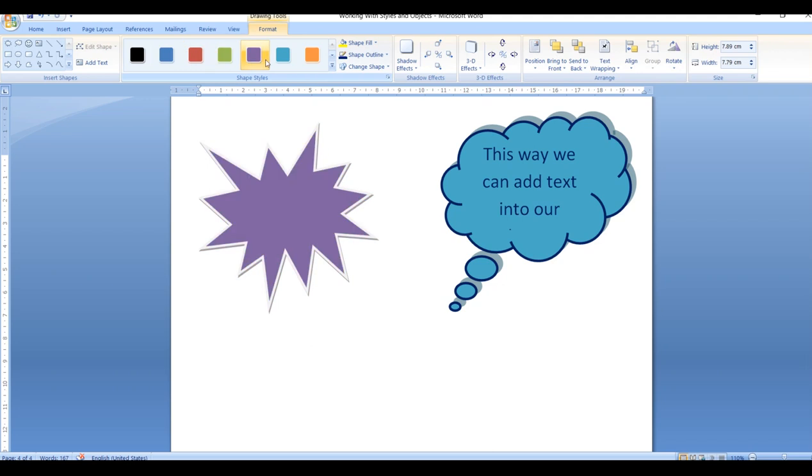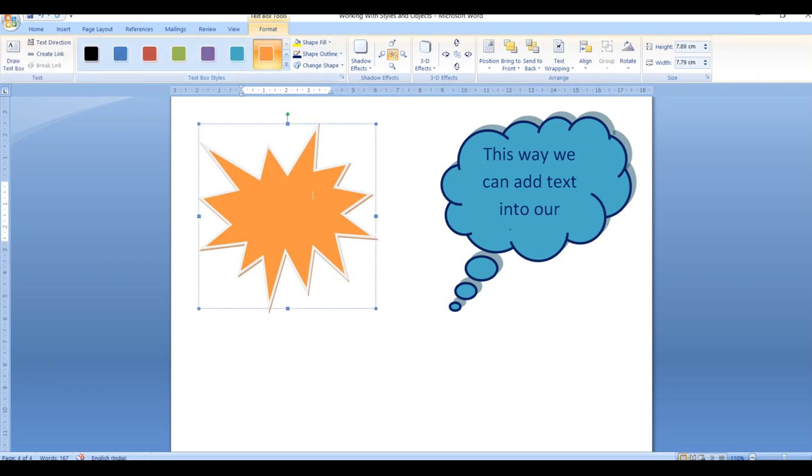Then you can fill the color into it. If you want to add the text, I'll just go to the insert shape, and in insert shape you have an insert text option. Then I'll just write sales.